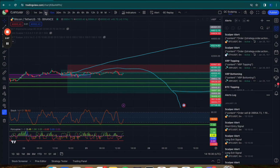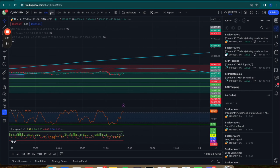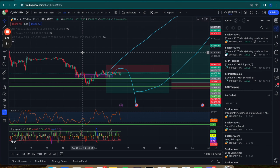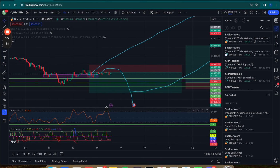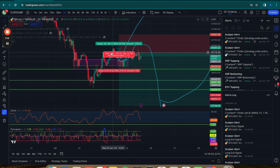15 minutes bottomed out, 5 minutes stopping, 3 minutes stopping, 1 minute stopping. Okay, 30 minute is bottomed, and our 1 hour is continuing down. So our 1 hour, since we looked at it yesterday, we had a full cycle to the downside and to the upside, and now we're going further down. However, as we're cycling through the 1 hour here, the price isn't really moving that much, right? Which tells us that